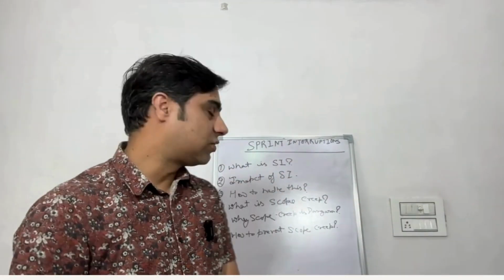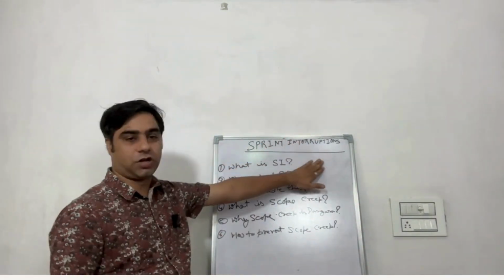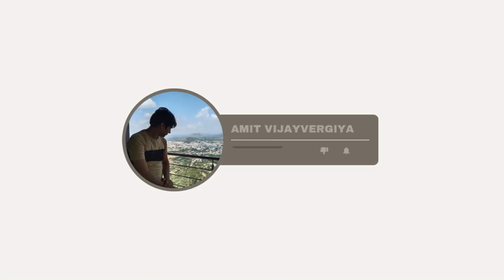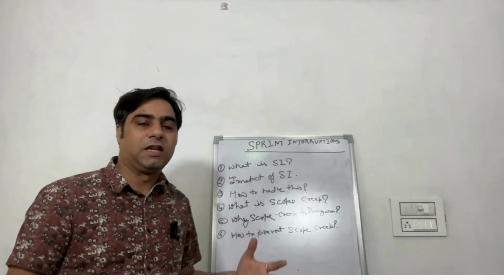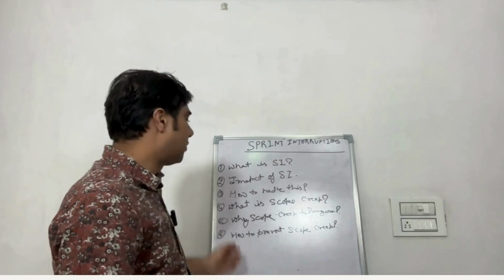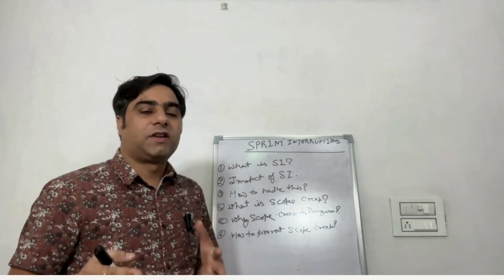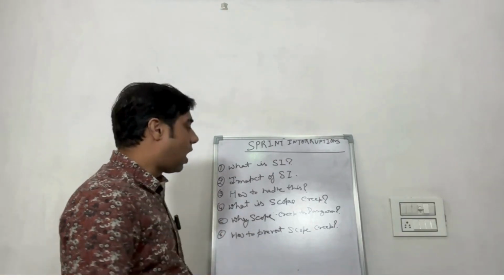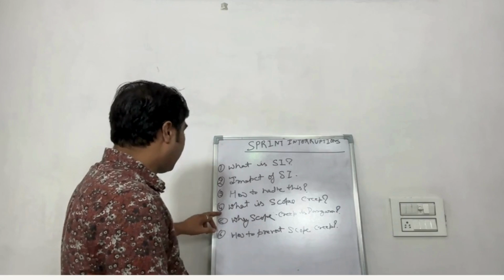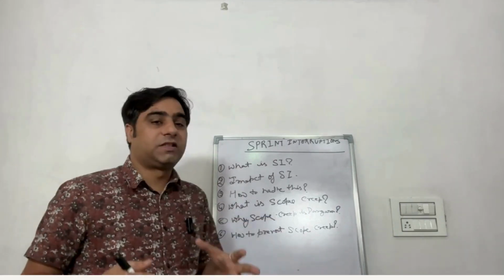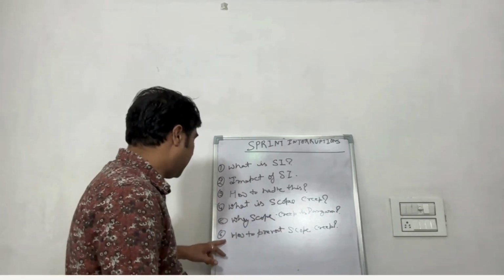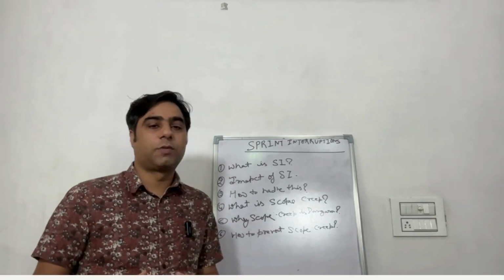In this video we are going to discuss the sprint interruption. First, we are going to discuss what is sprint interruption. Second, the impact of sprint interruption. Third is how to handle this, and fourth is what is scope creep. Fifth is why scope creep is dangerous in your sprint, and sixth is how to prevent scope creep in your